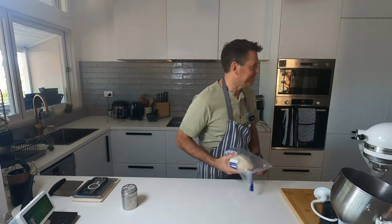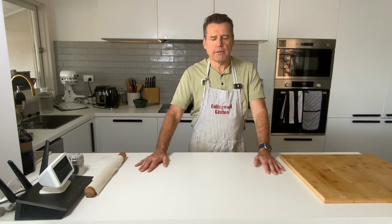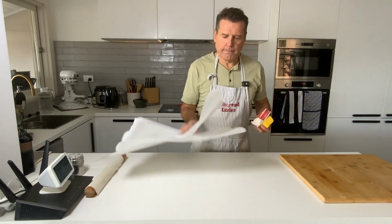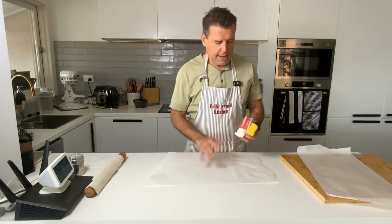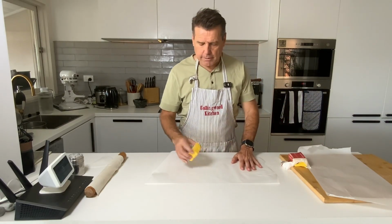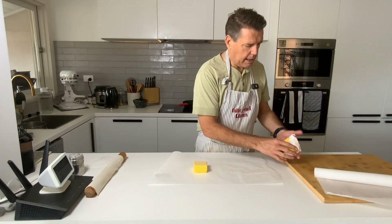Okay, into the fridge. Now that we've got our dough in the fridge, we're going to prepare our butter. So we're going to take the butter, we're going to put it between 2 sheets of baking paper, we're going to bash it, and then we're going to put that in the fridge. It's going to make it easier to put on the dough. So it's going to get loud. Okay, let's get loud. So what I like to do is cut it into